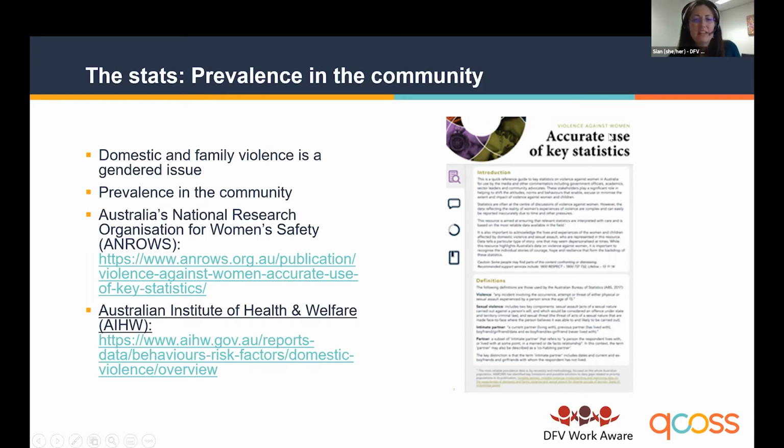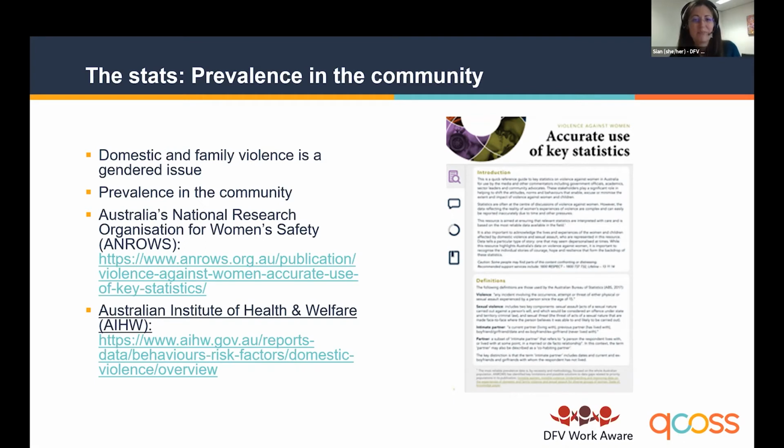So one key stat is that since the age of 15 years, approximately 1 in 4 women and 1 in 13 men have experienced at least one incident of violence by an intimate partner. So we recognise that domestic and family violence can be perpetrated by a person of any gender, and the victim survivor can be of any gender. And at the same time, we must acknowledge that the disproportionate impact of domestic and family violence is on women, who are almost 3 times more likely than men to have experienced violence by a partner since the age of 15 years.